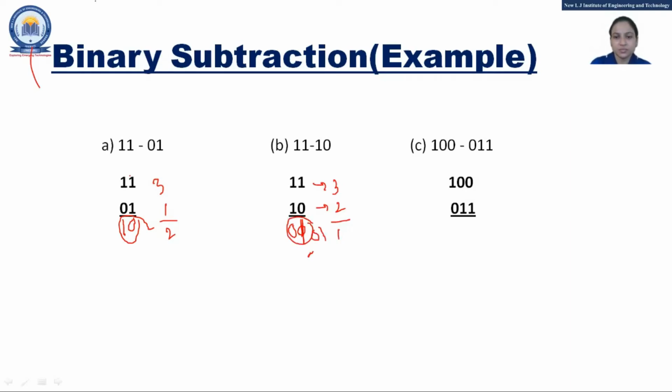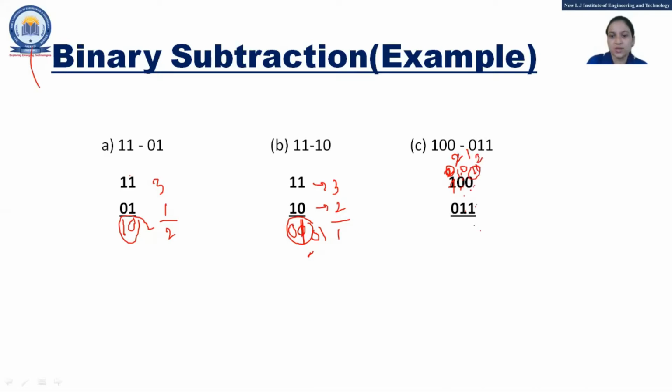Now let's take another example. Here 0 minus 1, so we have to borrow from the next digit. Here also 0 minus 1, so we can't take a borrow from it. Now we go to this number. Here 0 minus 1, so we have to borrow from this one. Here also 0, so we put 0 here, and we put 1 0, that is 2 in decimal. Now we can take a borrow from this. So it becomes 1, and this becomes 10, that means our 2.